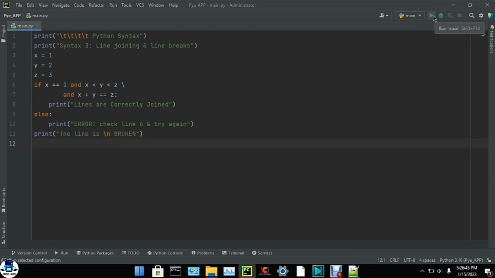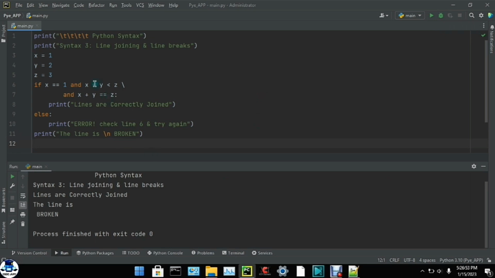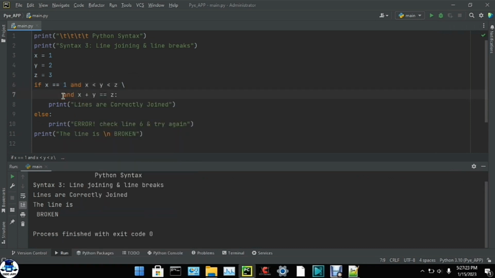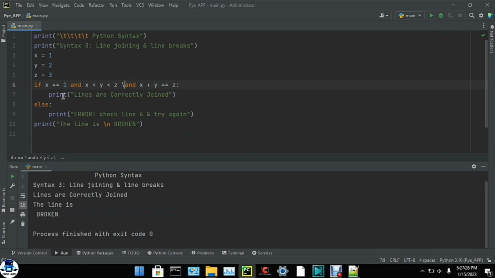And so we're going to run this code to see, and you can see that the line is broken and printed out. For the line break, we use \n to break the lines of code, and where it is inserted, it will break the next characters and put them on a separate line. And you can see that in line 6 the if statement ran successfully even though it is on a separate line. We can also run it on a single line by just clearing the space,